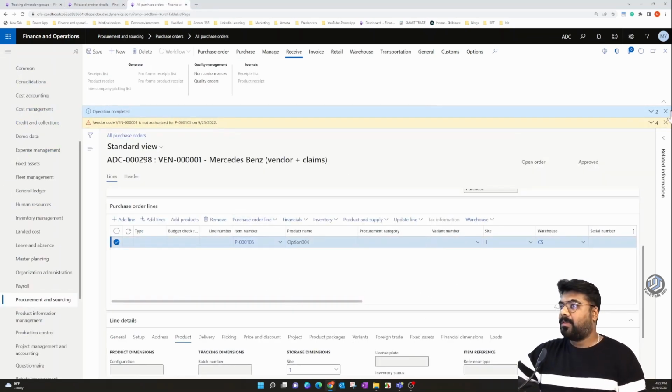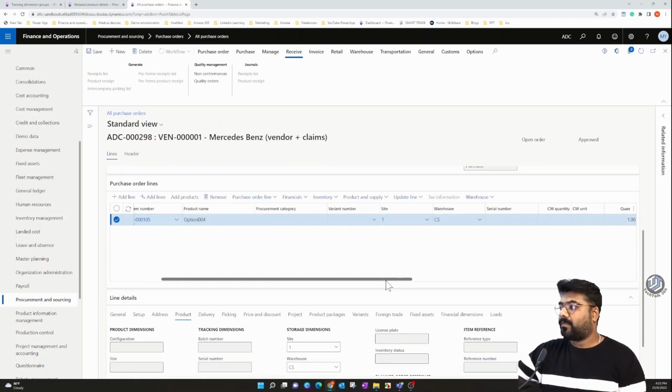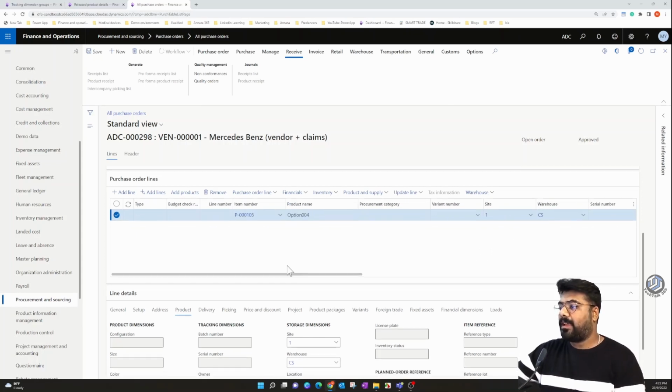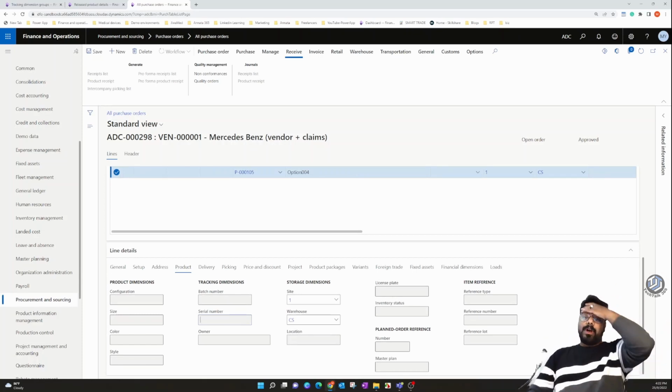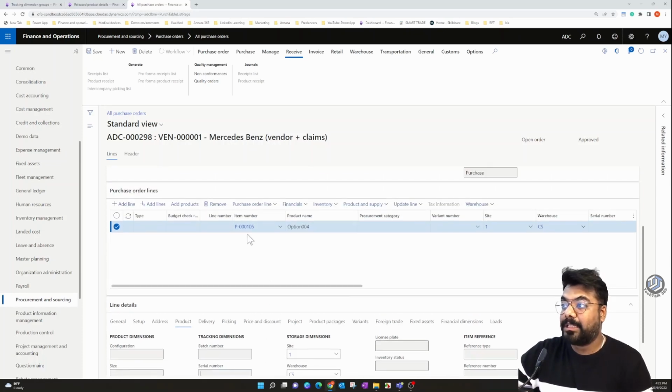Okay, so now it's okay. One quantity. And now if I try to see, the serial number field is disabled. It's not because the tracking dimension is not serial number tracked. Tracking dimension is serial number tracked. If I get into this item,